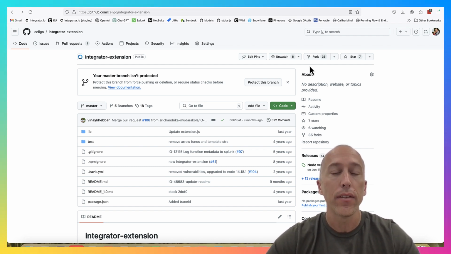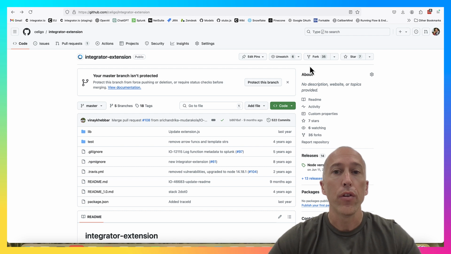Almost every iPaaS product out there will have some sort of connector SDK, and I'm just going to give you a preview of ours. Okay,